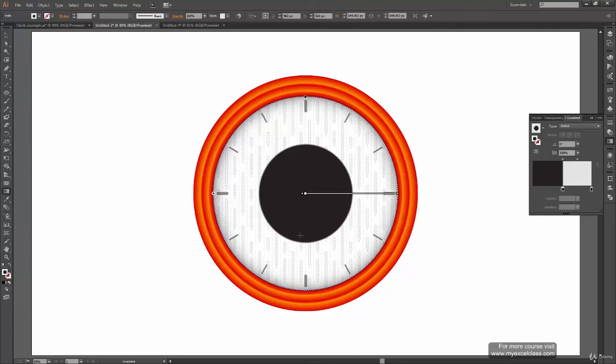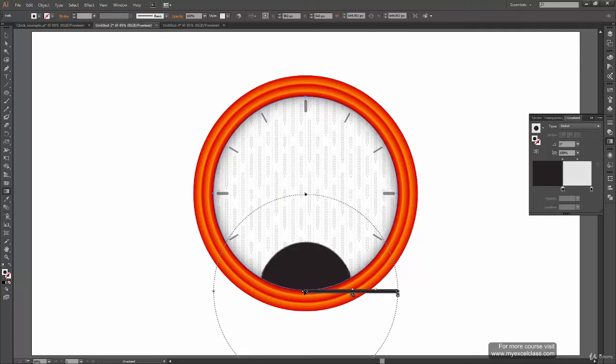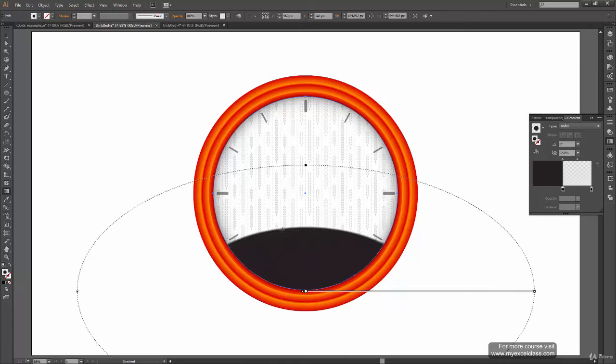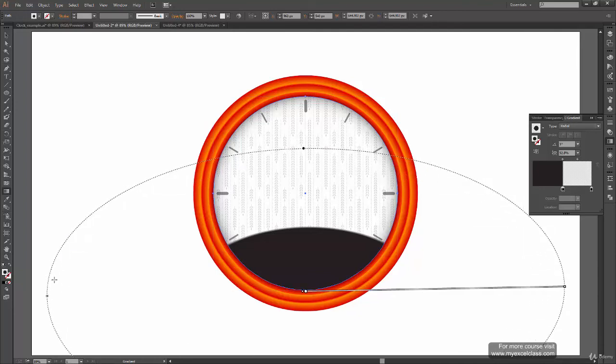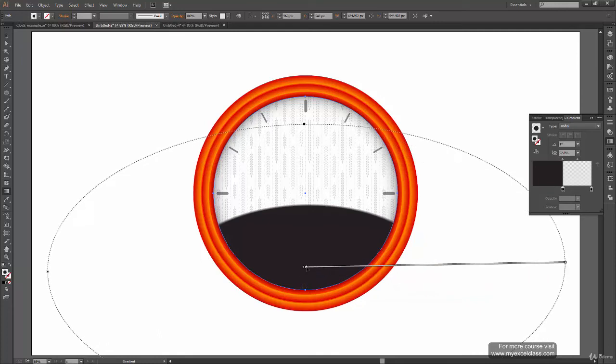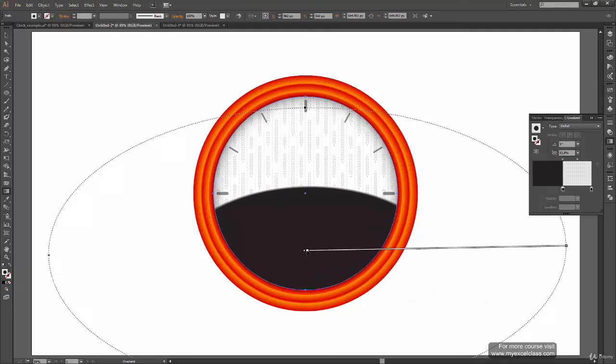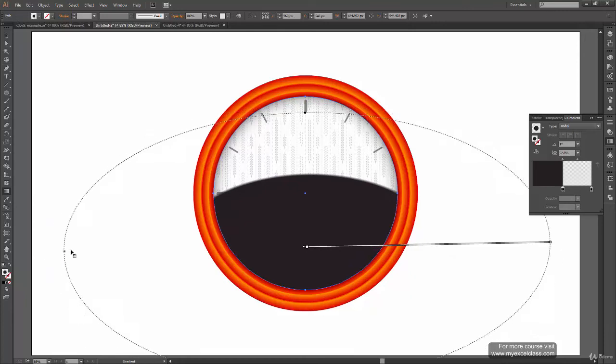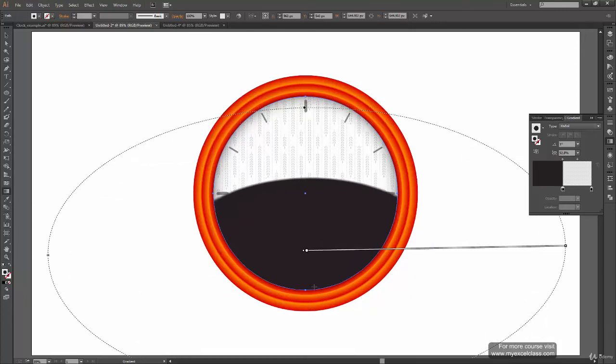So press G on your keyboard so that you have the gradient tool selected, and after that you can click on this circle and move it somewhere to the bottom. So you have it repositioned, and then you can just squash it a bit. Once squashed, you can go to this rectangle, click and drag to make our gradient bigger, or you can go to here also and click and drag to make the overall gradient a bigger size. Okay, and just drag it a bit. Alright, I think this looks fine. Alright, this looks really good.